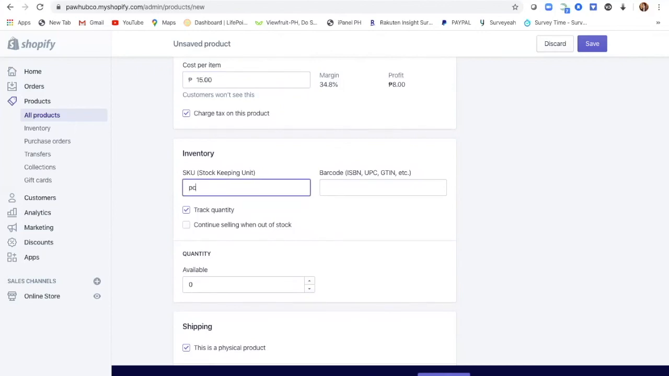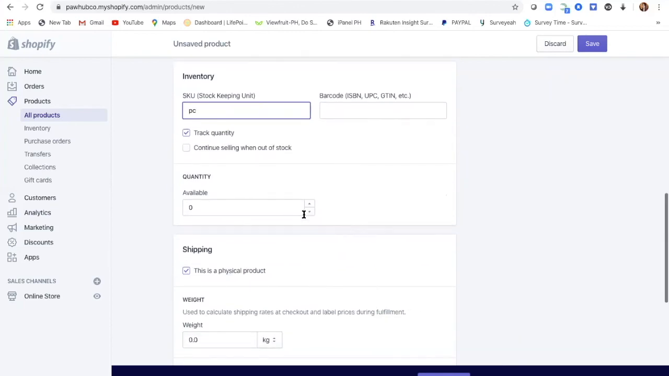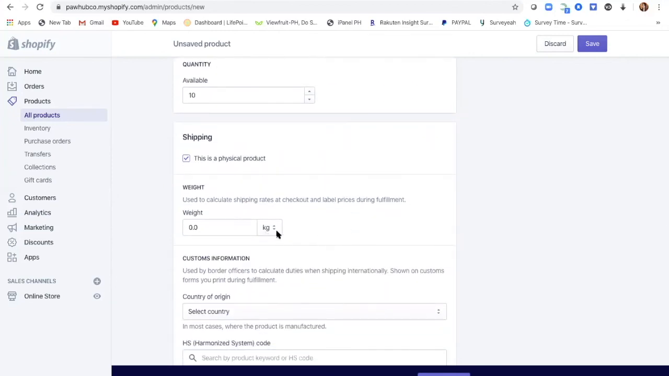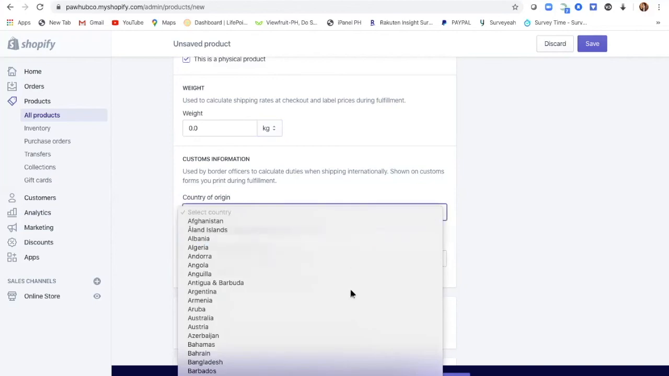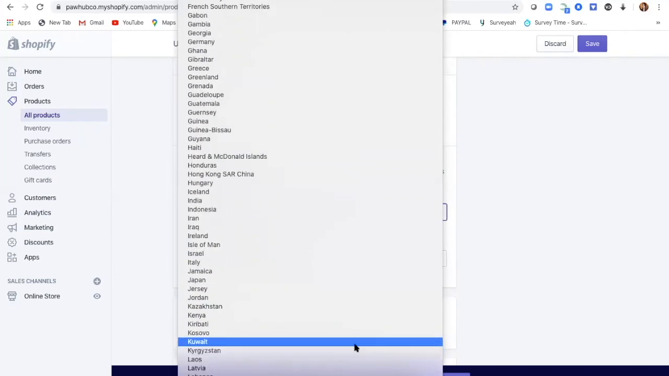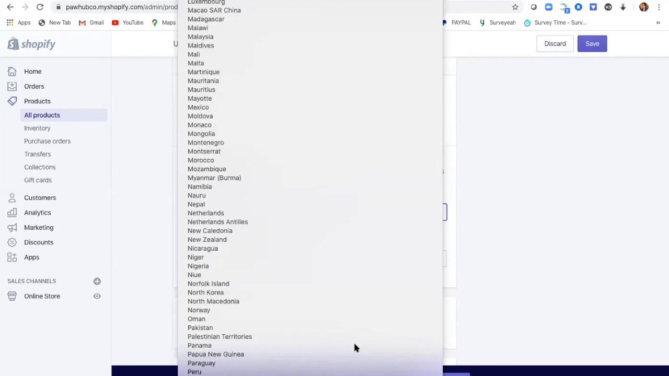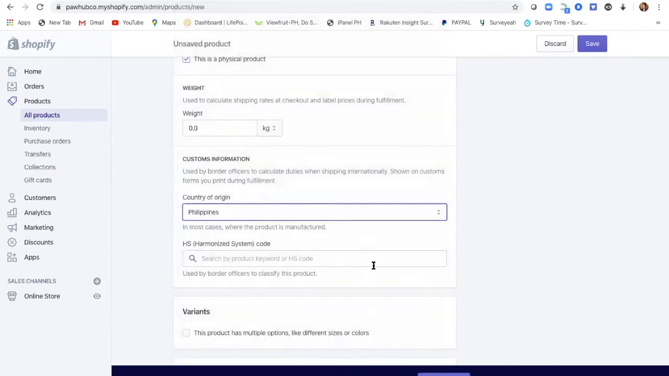Is it per piece, for example, and then the available quantity or the available stock that you have. For example, I still have 10 units of that cage, and then the weight you could either use kilogram, gram, ounce, or pounds. So depending on your products and country of origin, you can put here. For example, this will be coming from the U.S. or from the Philippines. So depends. Okay, and then